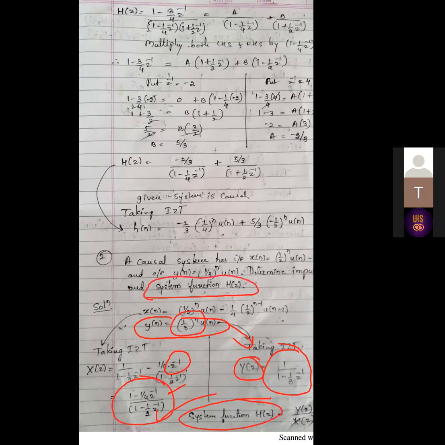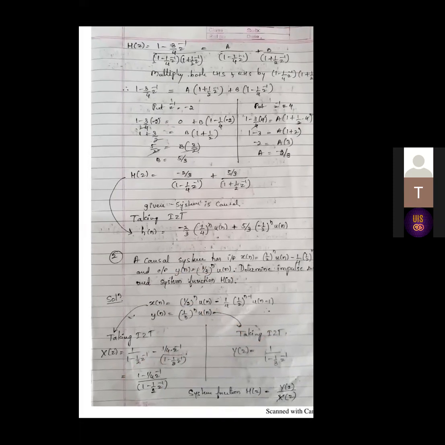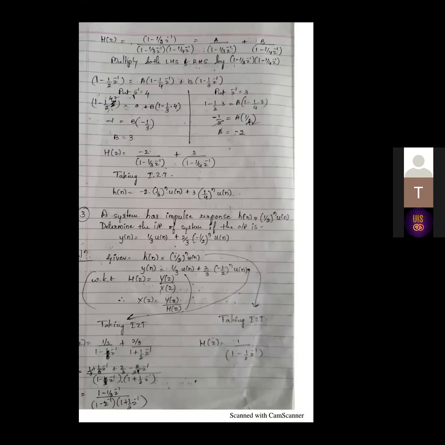It is mentioned in the question. We need to find the system function. So take the ratio of both, Y by X. If I take the ratio of Y by X, I will get this H of z. Okay. Now I have got H of z. I should go for h of n. So to get h of n, we should apply either partial fractions or power series expansion. It is very much clear that we should go for partial fractions because two factors are already there in the denominator. And the first condition is getting satisfied: the numerator power is less, the denominator power is more. So it is a direct application of partial fractions.